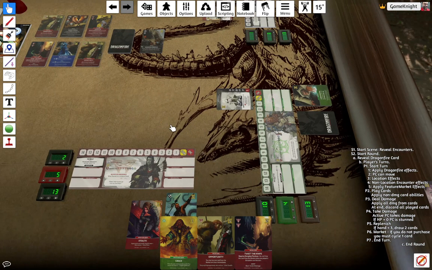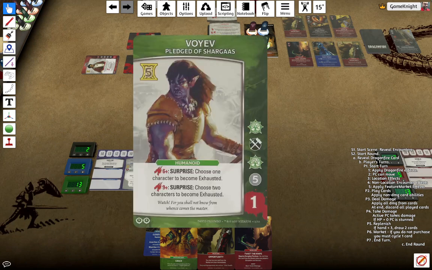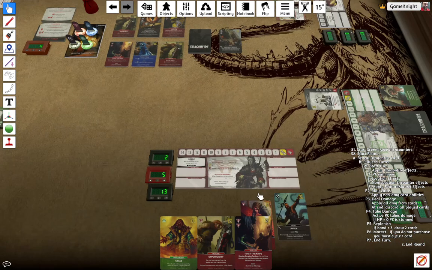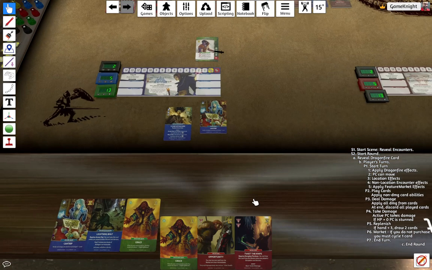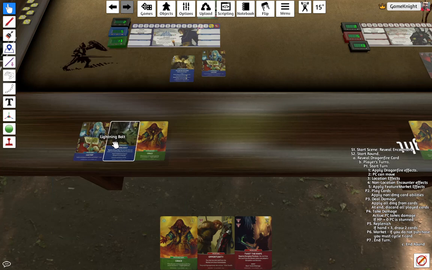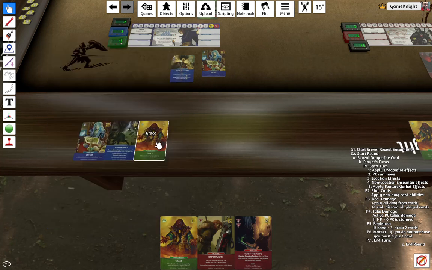Huh. Can I kill anything else? That needs 5. I can do 1, 2, 3, 4. He can heal people. And he's out of assists. So actually the lightning bolt. Nope, that doesn't do an assist. And you have to play a blue card in order to use the lightning bolt. Have to play a blue card first, then I can use lightning bolt. So that's good, but